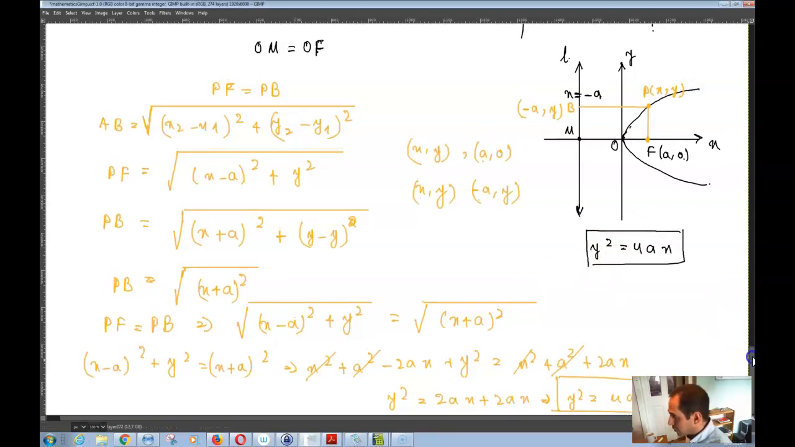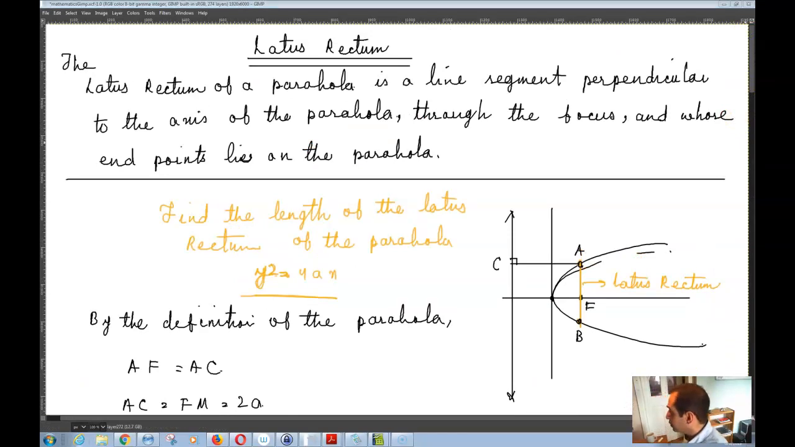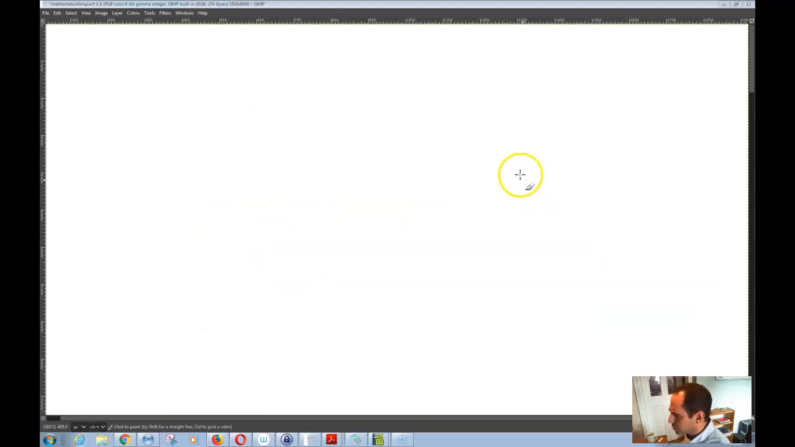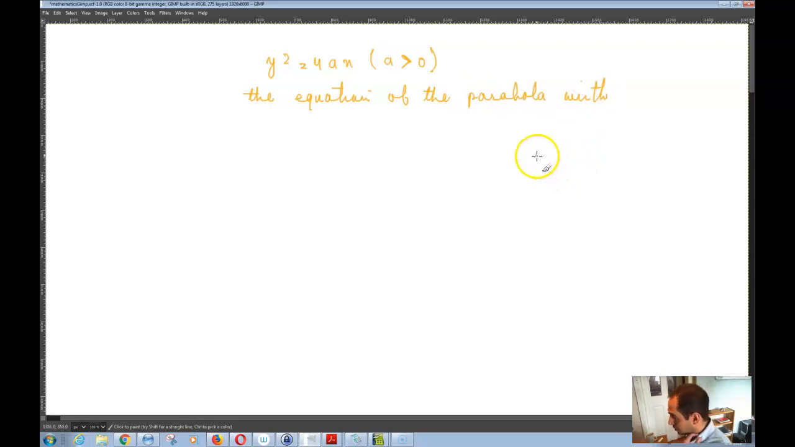So what that means is that, now, if I write, basically the equation that we got was y squared is equal to 4ax, a greater than 0, and this is the equation of the parabola with vertex at 0, 0 and focus at a, 0